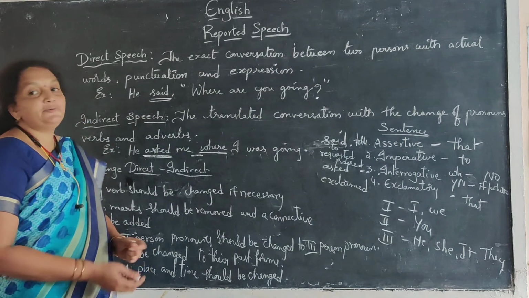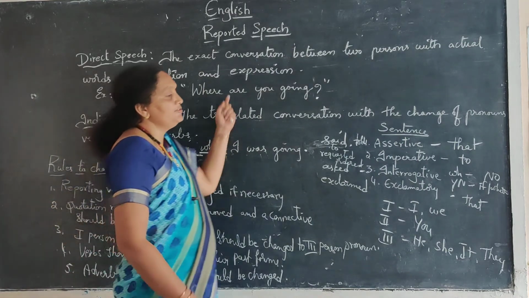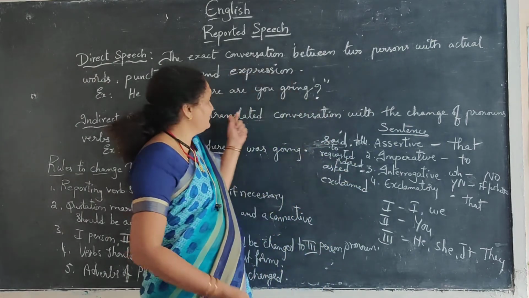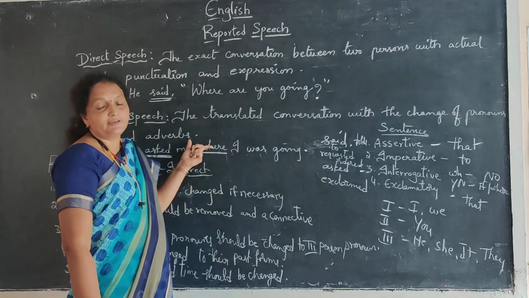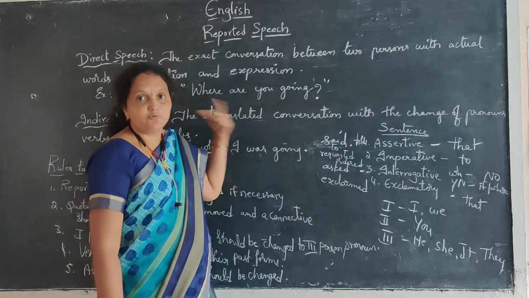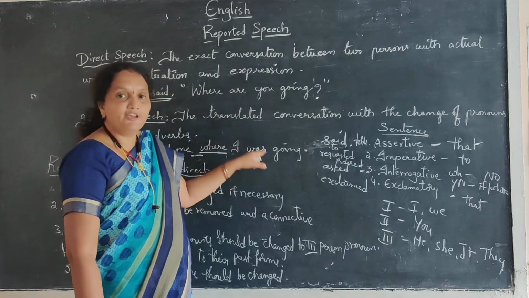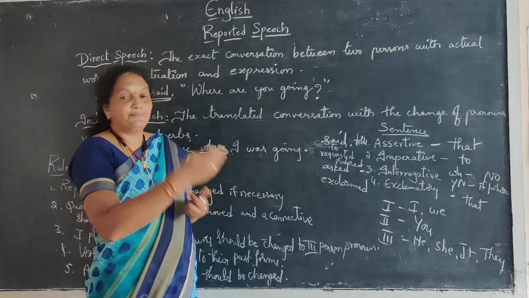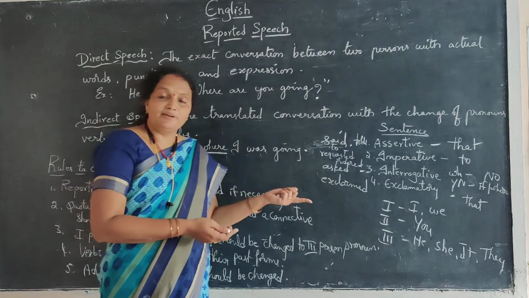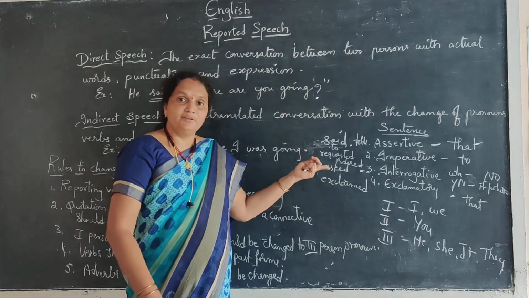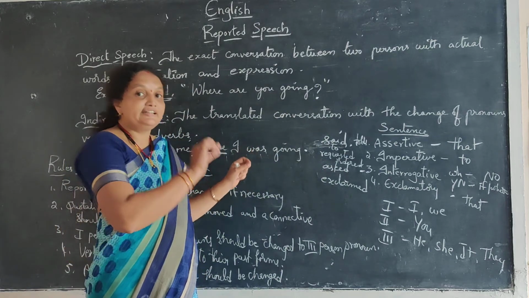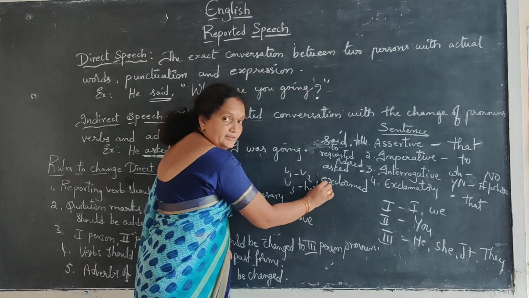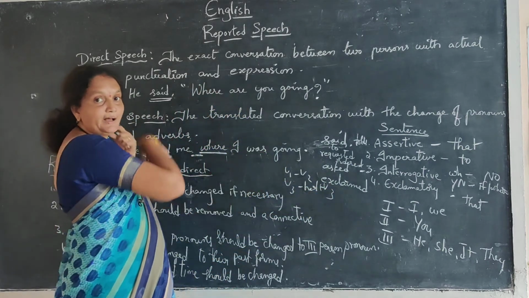And the next one, verbs should be changed to their past forms. If we use present tense in the sentence, we have to use past tense. When it is changed into reported speech, the indirect speech, present tense changes to past, past tense to past perfect, V1 into V2, V2 into had plus V3. So all verbs should be changed. Will becomes would, can becomes could, shall becomes should. So all the helping verbs, do becomes did. So all V1 to V2, V2 to had plus V3. So all verbs will be changed to their past forms.